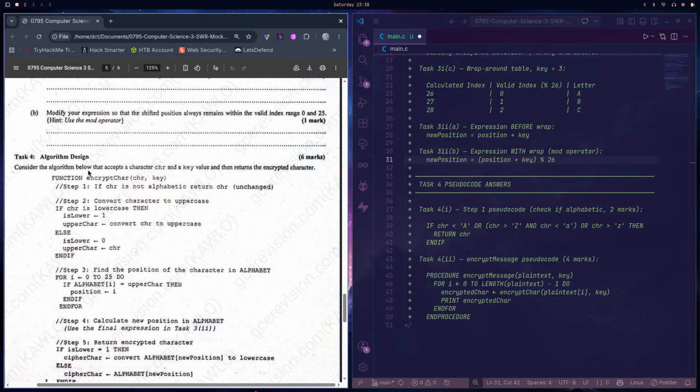It says consider the algorithm below that accepts a character CHR and a key value and then returns the encrypted character. Here's the function: encrypt character, which takes as parameters char and a key. CHR is probably a character, right? Now